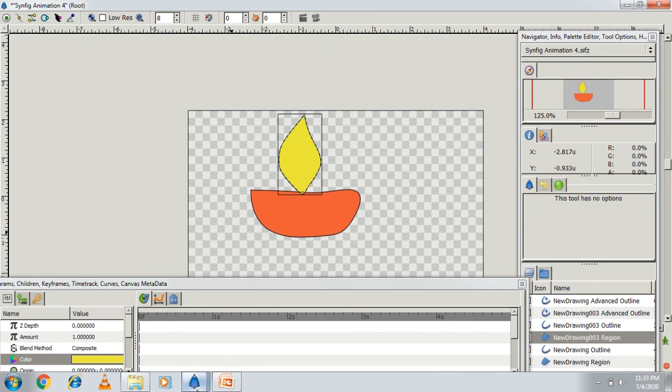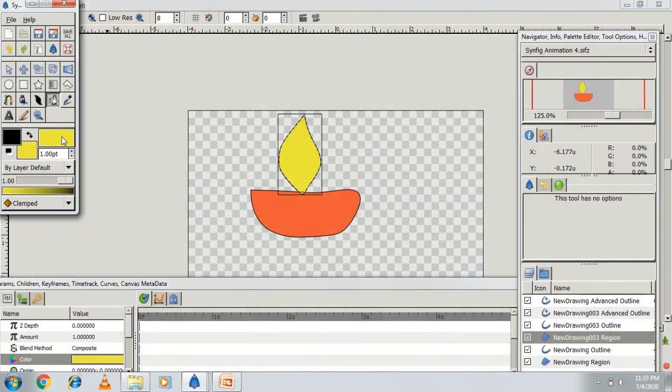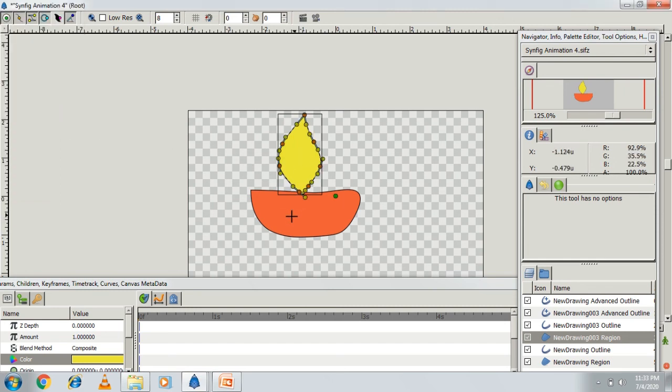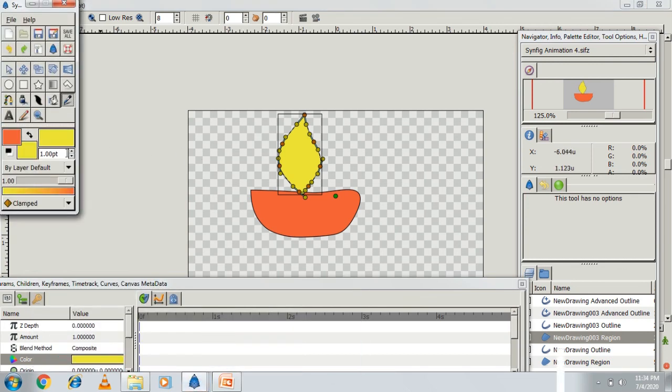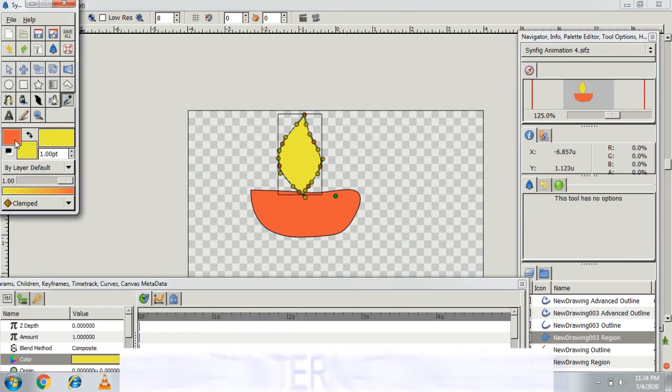Okay, student. Now the next tool is the eye drop tool. Now what is the use of the eye drop tool? By using the eye drop tool, you can select a color from the work area. Select the eye drop tool and click the work area where you want to set the foreground color. See, here the foreground color is red.